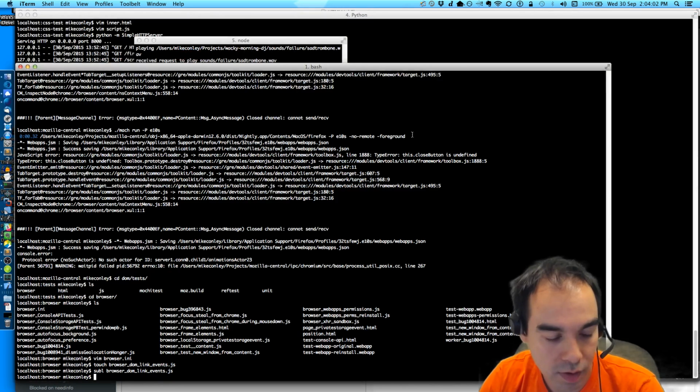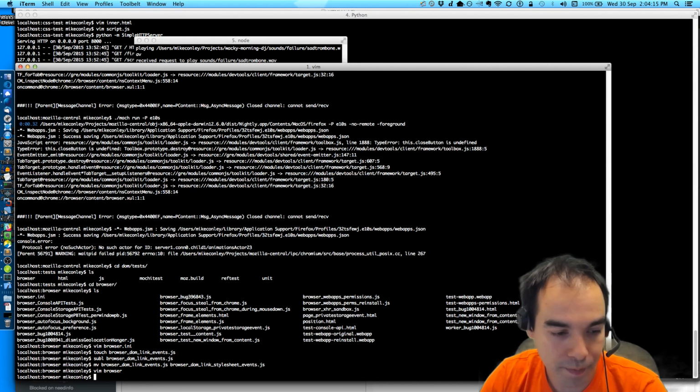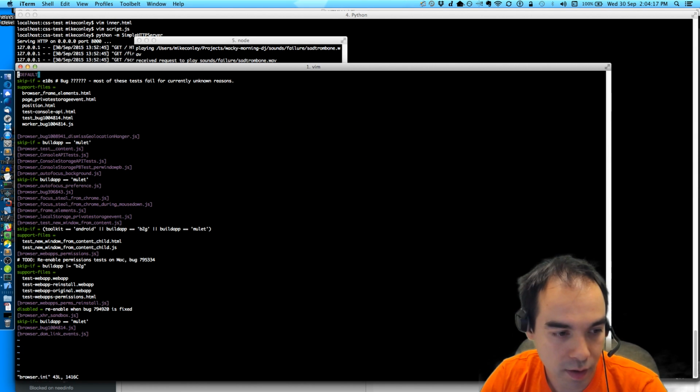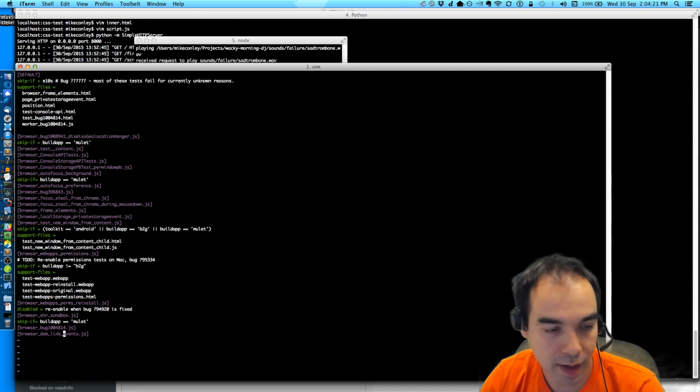Yes. So move browser DOM link events to browser DOM link style sheet events.js, and then vim browser.ini all the way to the bottom, DOM link style sheet events.